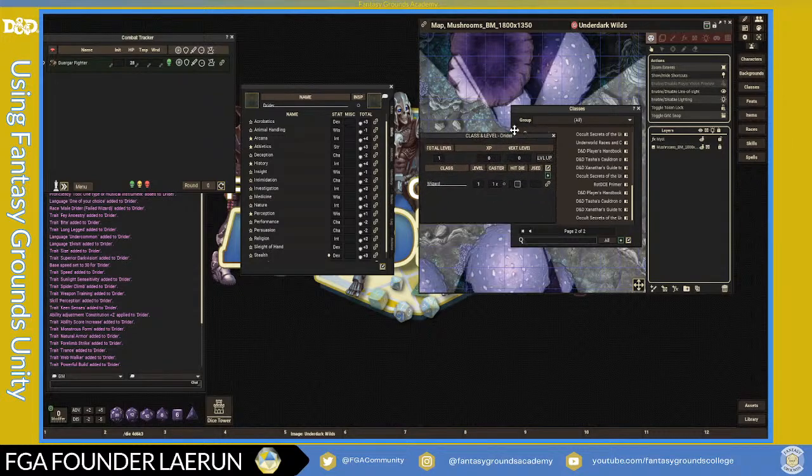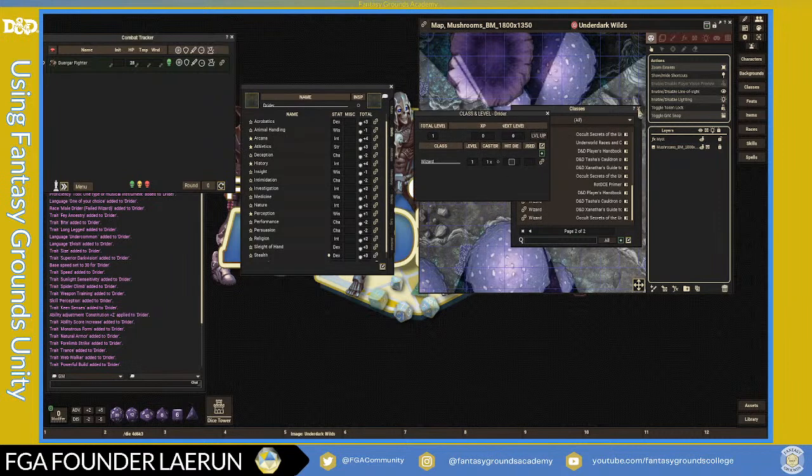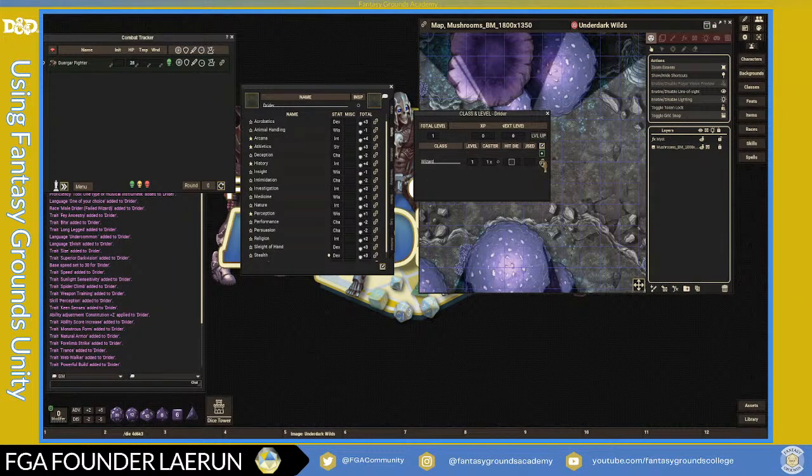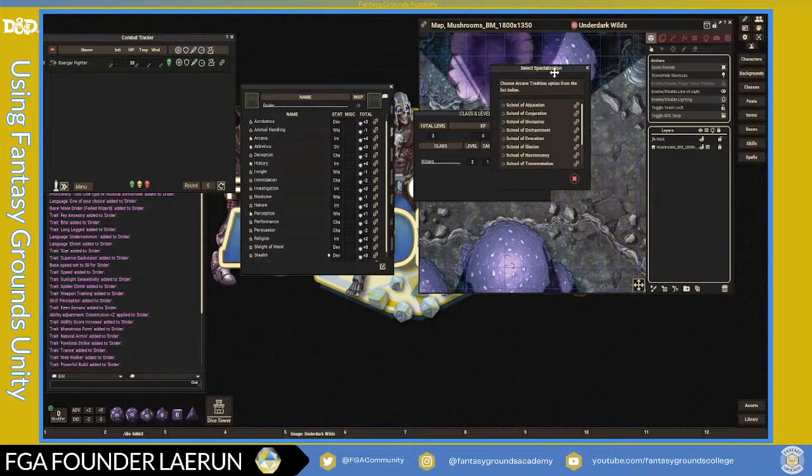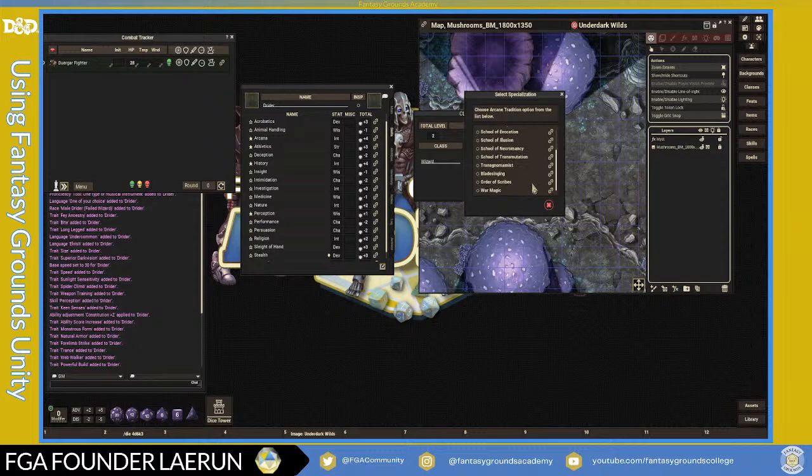first level. So to level up the old traditional way, you can redrag the link for the wizard. So I'm just going to drag and drop this back in. At second level, I get to pick the school of magic. So